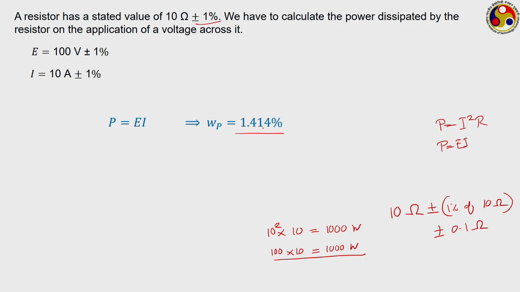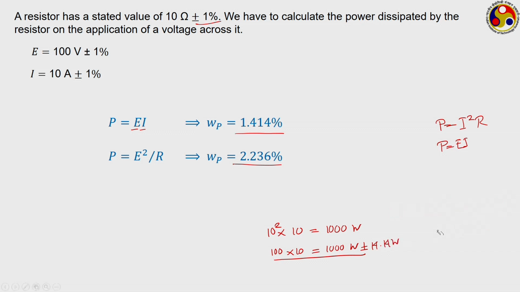Now, if you calculate following the other one, P equal to I square R, that seems much easier, because in the first case we have to measure both E and I, but if we follow this method, we have to measure only the current. But here we are getting at least 1% more error possibility. That means, while the first case P equal to EI is going to give you an error margin of plus minus 1.41% of 1000 watt, so something like 14.14 watt,